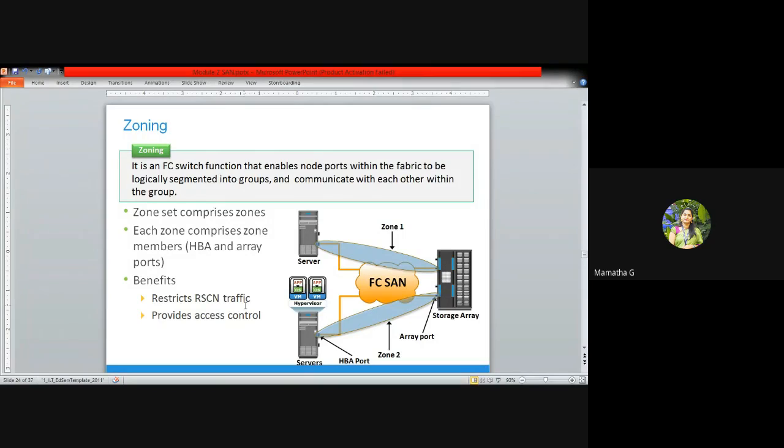And the other thing is that it provides access control. See, access control in the sense that sometimes it would be hectic to control all the servers or the traffic which is pushing up to the network or the storage. When you work in groups, you will have a complete flow of control, so that accessing data, transmission or retrieval of data, is more convenient when you go for zoning. Zoning is nothing but grouping the nodes of the network into zones, and we call it zoning.